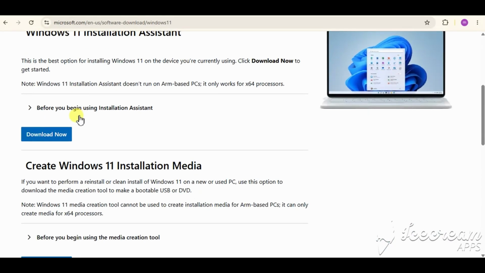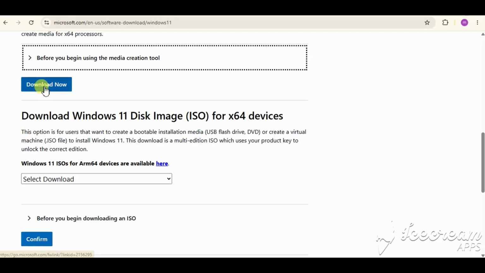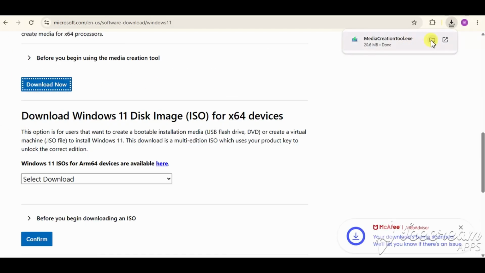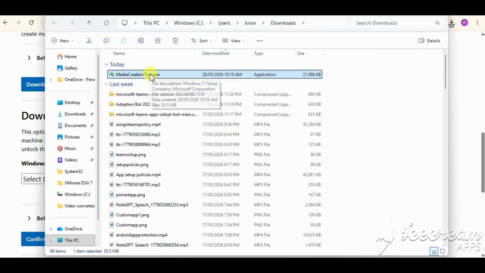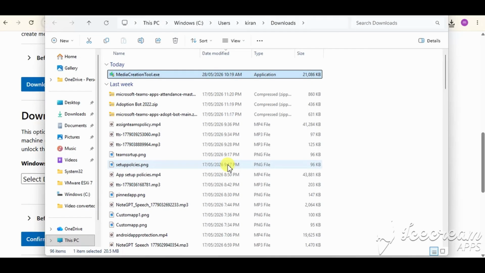In this video, I will help you to download Windows 11 ISO. Search for Windows 11 Download ISO. Click on Download Windows 11 link. Scroll down till Create Windows 11 installation media, and click on Download Now button, which will download Windows Media Creation tool. Run it. Select